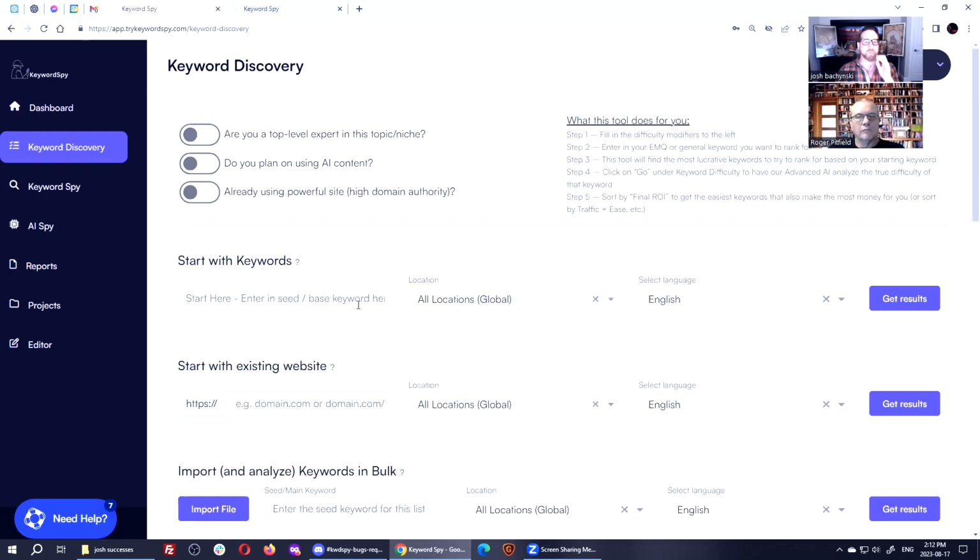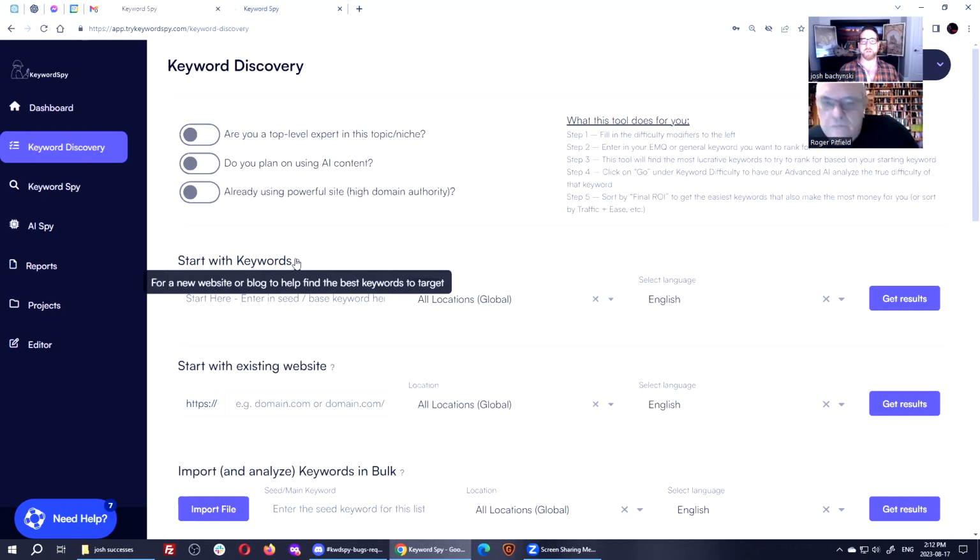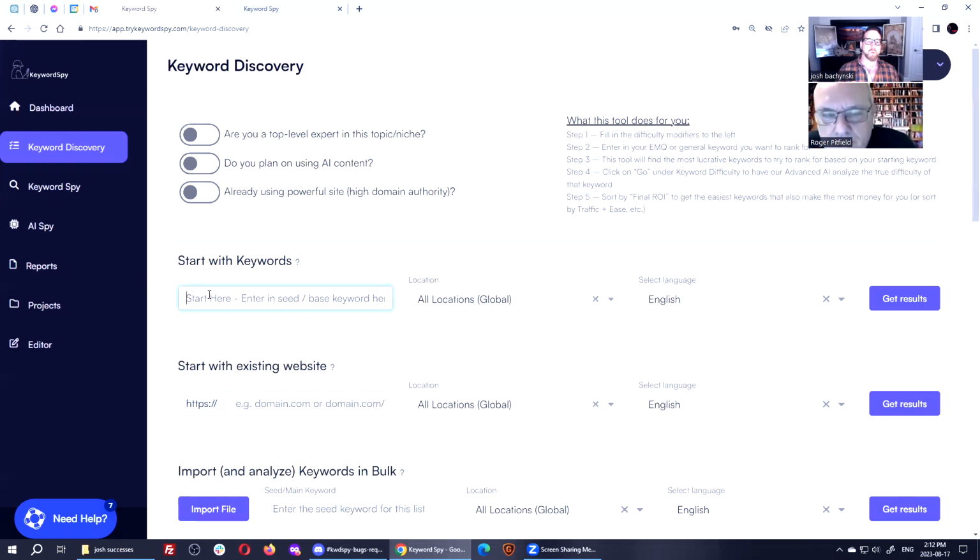Roger, what is your main keyword you want to rank for? What is your main seed keyword, your main idea? Horizon Europe. And what is that? Horizon Europe is an 8 trillion euro research fund that the EU supplies to its researchers. And every 7 years they renew it. So there's about €1 trillion a year that goes out in grants and finance and tenders to researchers, predominantly in Europe,